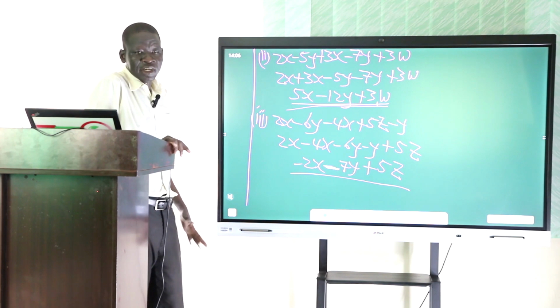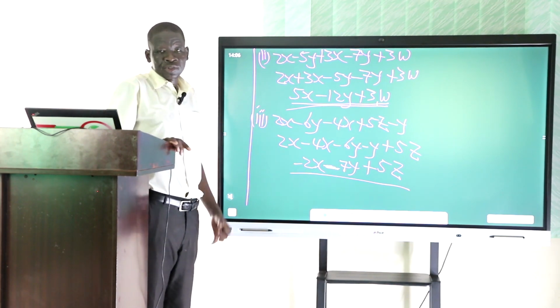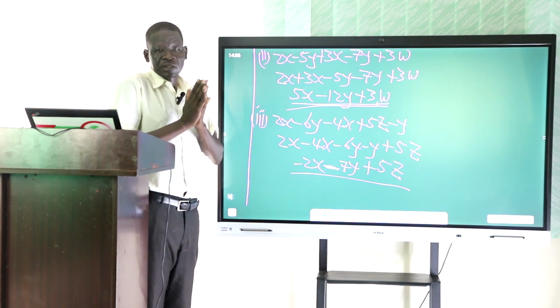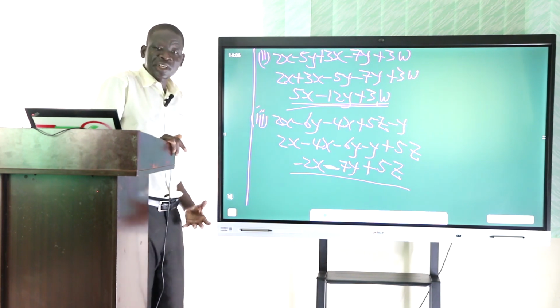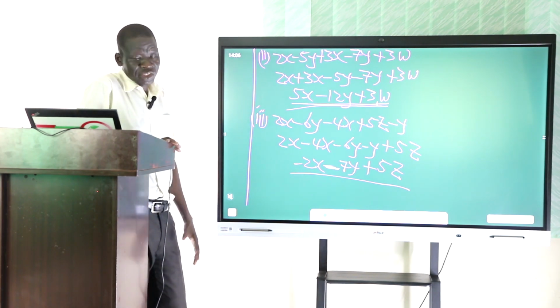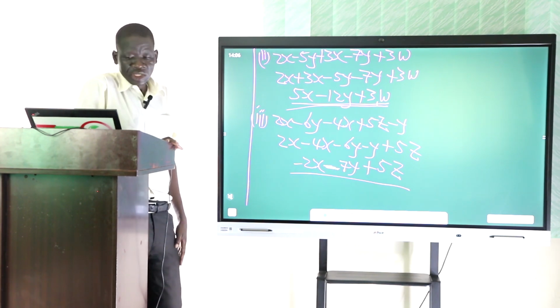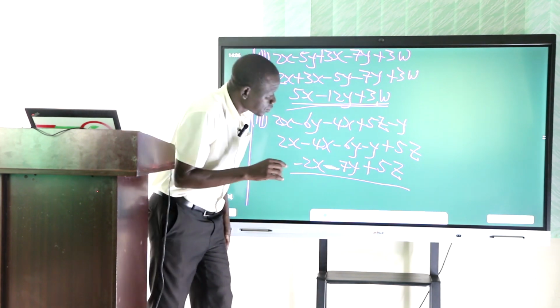How do we simplify them? In this case, we follow the normal process. We simply collect the like terms together. After collecting them, then we bring in the idea of LCM to help us simplify fractions, as we are going to see. For example,